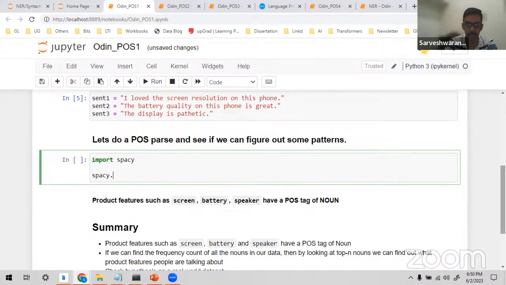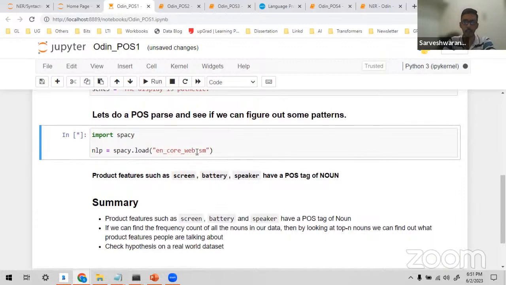I use spacy.load with en_core_web_sm, the English model, and it is pre-trained.